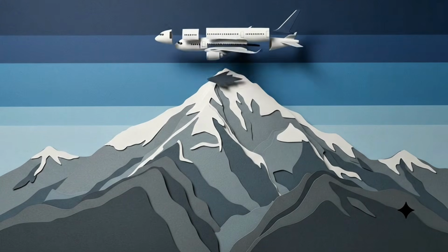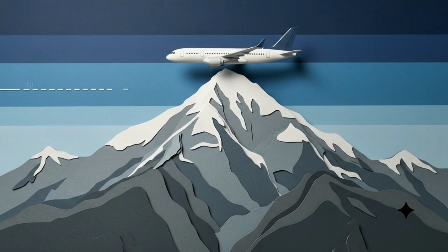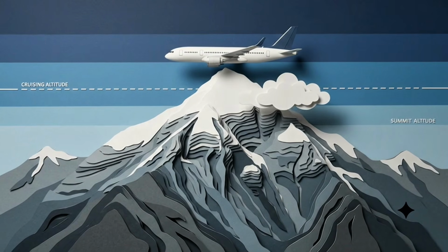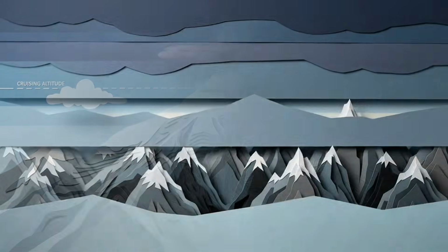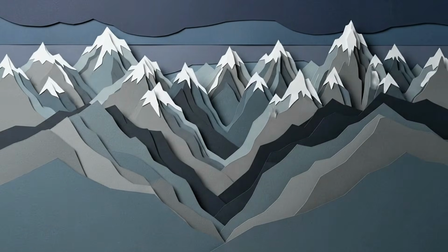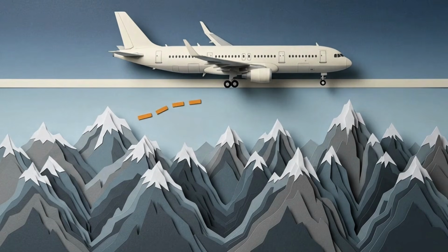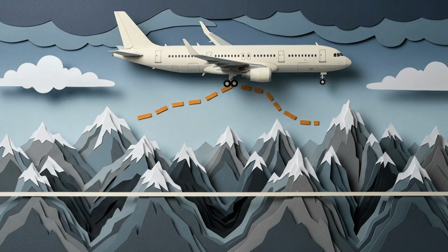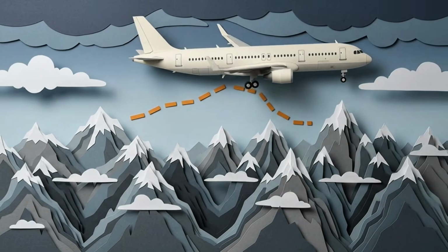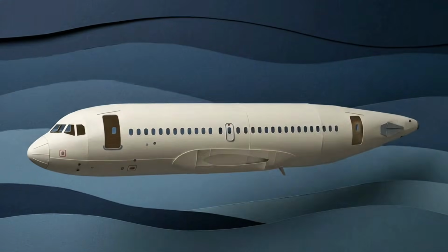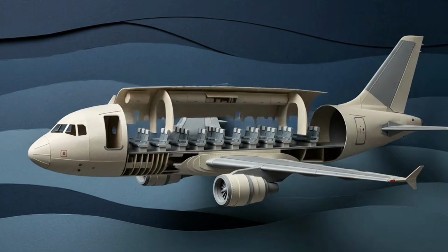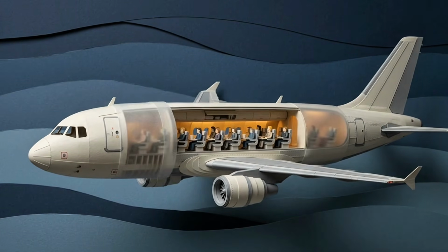Modern jets cruise at 35,000 feet. Mount Everest tops out at 29,032. Planes can clear these mountains with more than a mile to spare. So the mountains aren't the problem. The problem is, what happens if anything goes wrong? Every commercial jet you've ever flown on is a pressurized bubble. Outside the window at cruising altitude, the air